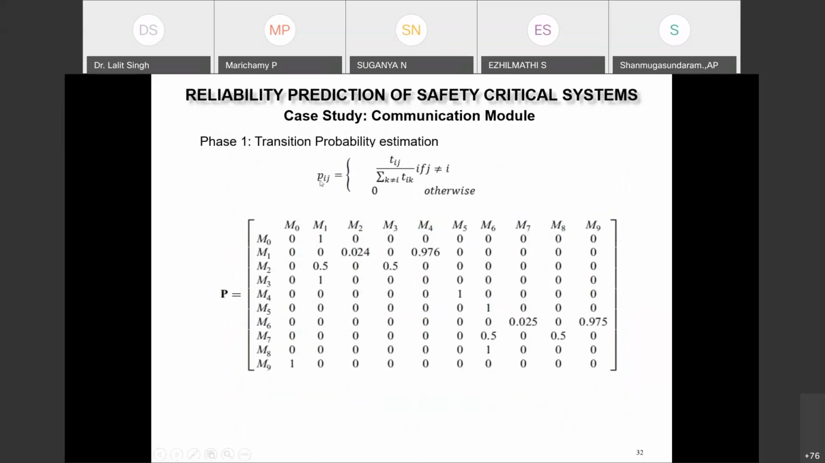Suppose I want to compute the transition probability from state I to state J. It is equal to the transition rate from state I to J, and we normalize this transition rate by summing up the transition rates from I to all the other states except J equal to I, because for I equal to J, the transition probability will be 0. So you can see this is a derivation where all the diagonal elements are 0, and we have derived this transition probability. Now we have to just